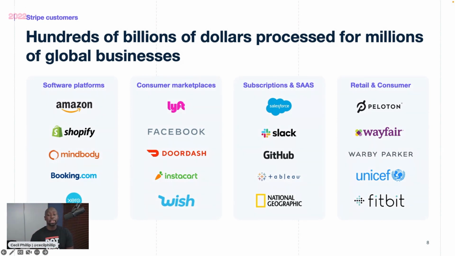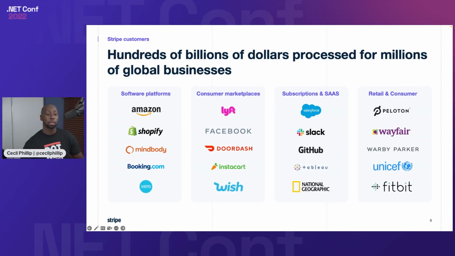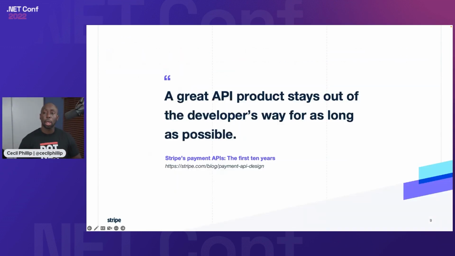Or again, we talked about SaaSes or even just retail companies, where maybe I'm going into a department store, or maybe I'm going in just to purchase some food or some groceries or whatever the case is, right? These are the types of companies that Stripe has been powering today. But Stripe from the beginning has always been a very API friendly type company, right? The focus is how can we empower developers to do some of their best work by getting out of their way and allowing them to quickly accept payments and then really focus on the things that are really important to the business, right? Which is again, adding business value.